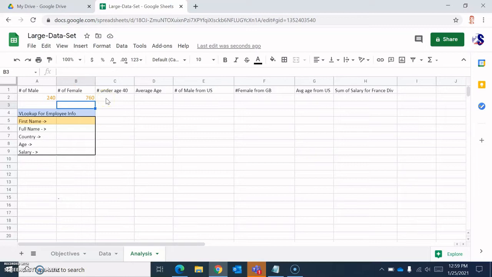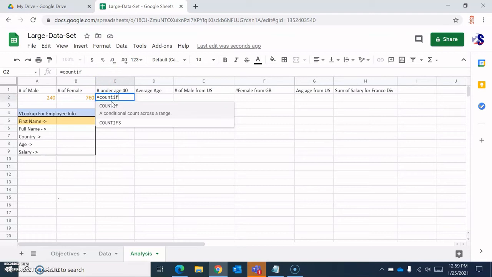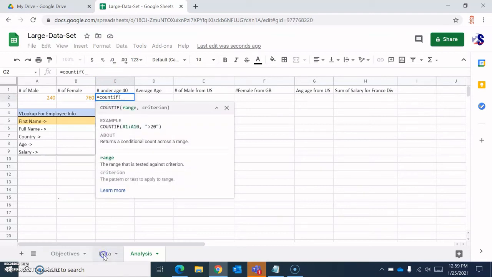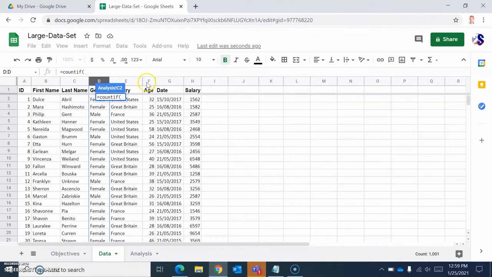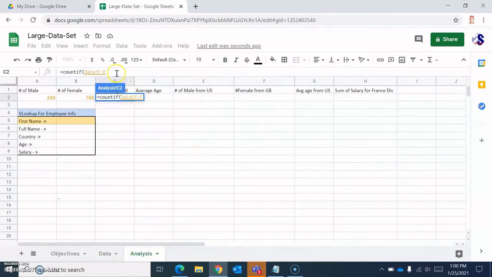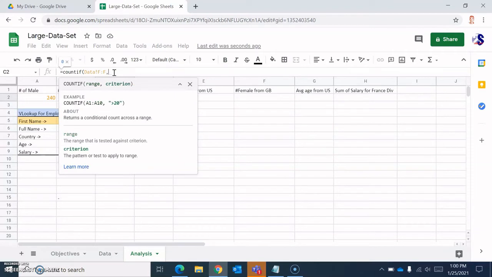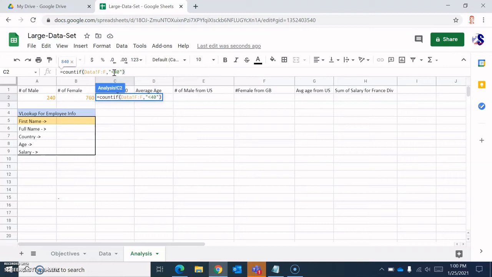So to do that, let's go ahead and click in our little box here and start typing equals COUNTIF. Now for the range in this case, we have to look at our data, and we have to actually use the F column because that's where our ages are located. So I'm going to click on F. That's the range to count. And I'm going back to analysis, and instead of putting in male or female, I'm actually going to give it an expression, and I'm going to say what is under the age. So I'm going to say less than 40, in quotes, close the parentheses, hit enter, and we have 840 of the data set, which is under age 40,